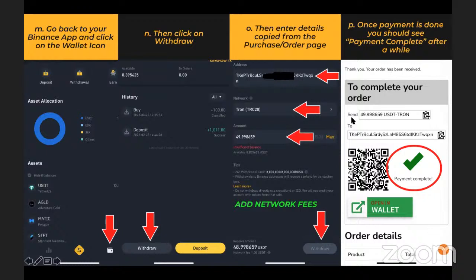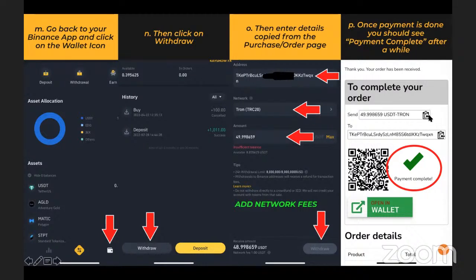Okay. Now, when you paste this amount here, now this amount you're seeing here, you can say 49 something, something. When you paste it here, all right, in this screenshot, I didn't take the screenshot of where I increased it. You are supposed to increase it by $1. If you look down here, can you see network fee, 1 USDT? And can you see that Binance has already removed it? So if you go and send this like that without adding an extra $1 here, you'll be sending $48 instead of this 49 point something dollars.